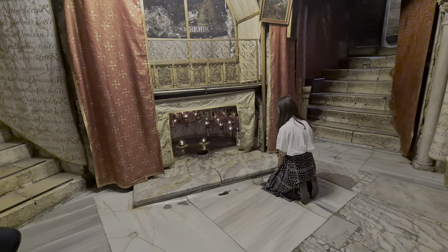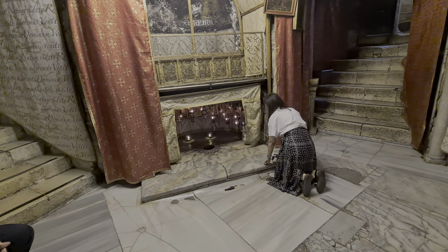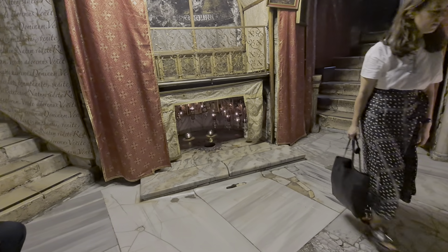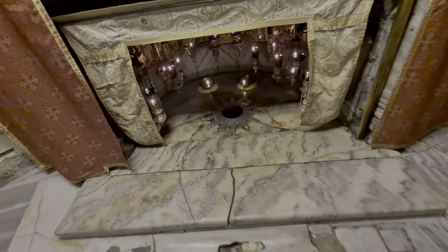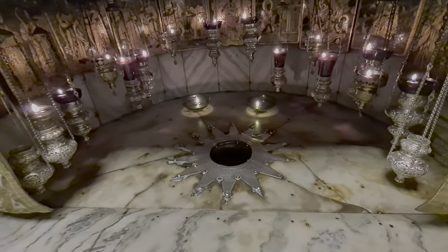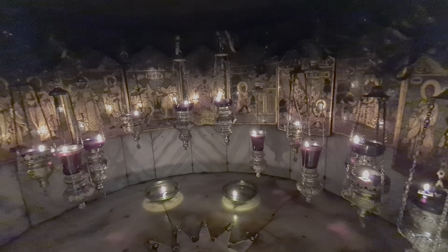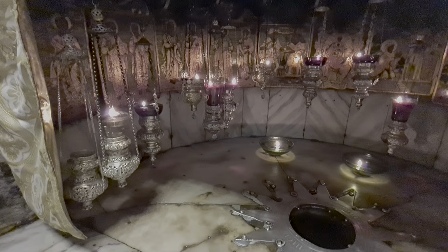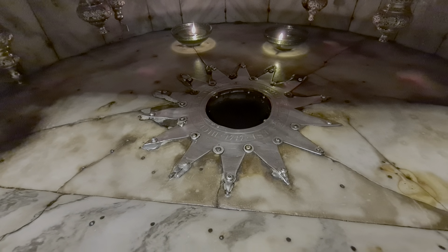This is where Jesus was born. I will say it again. This is where Jesus was born. That is the exact spot where Jesus was born. Now we are actually looking for a manger, and this is a cave. In ancient times, caves were used as mangers. And if you let me guide you, I will take you to places that people are still using until today. This is the 14th star